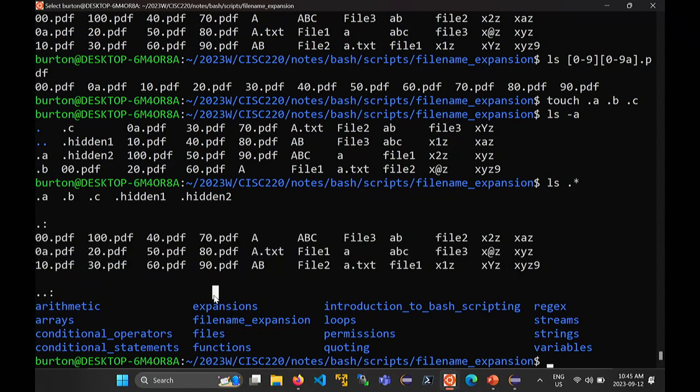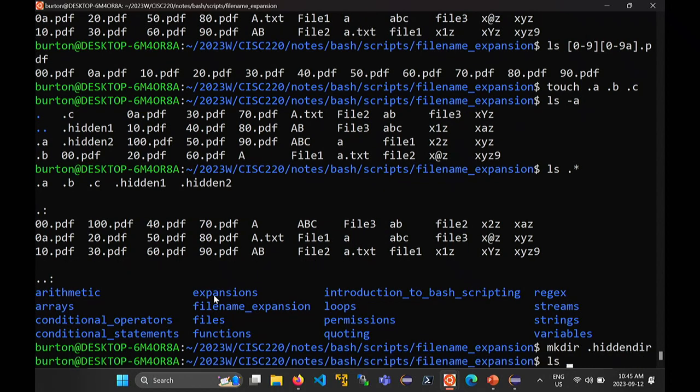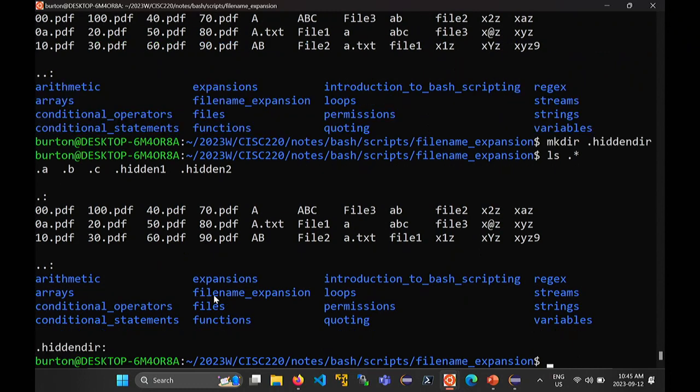And let me make another directory. So mkdir .hiddendir, right? And we'll do the same thing again. So ls dot star, right? And now you see that there's this directory called .hiddendir, right? So a lot of the time, as you'll see shortly in a few lectures, when you start to process all of the files in a directory, right? Typically, you don't want